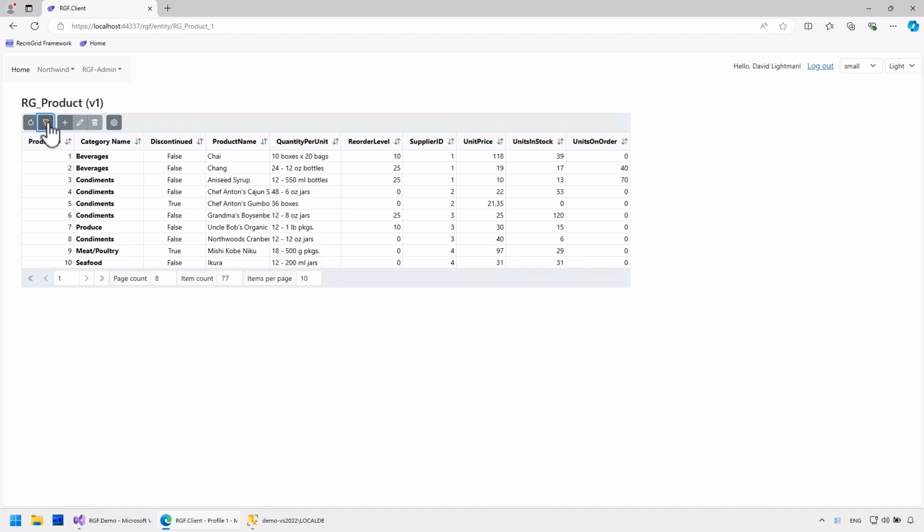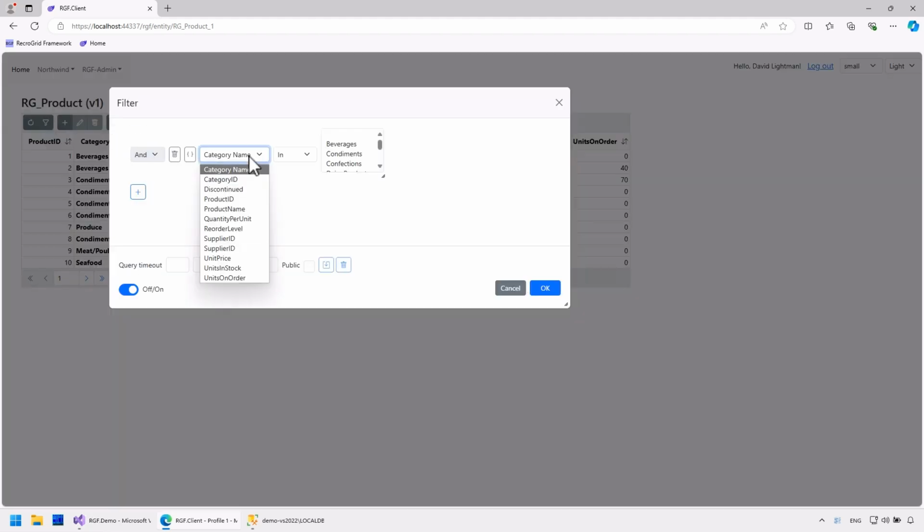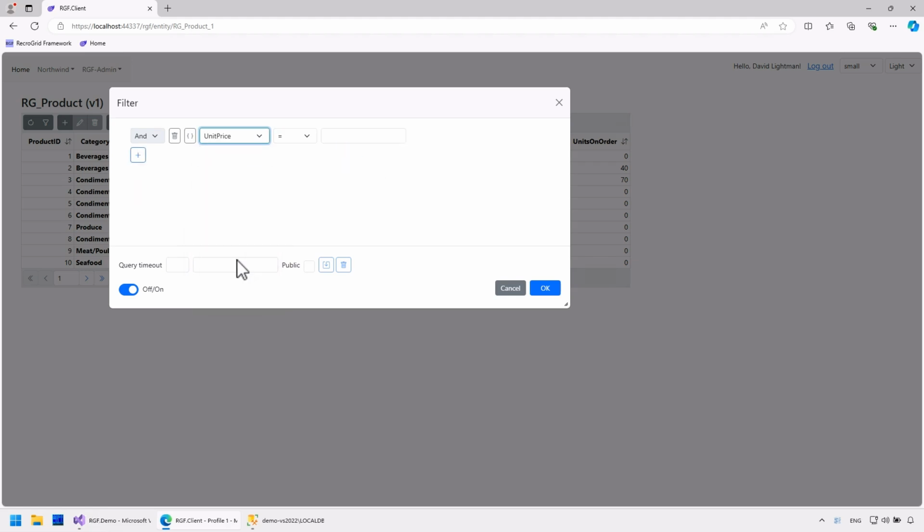By clicking on the filter icon in the grid toolbar, all columns available for filtering in the grid will be displayed. Different logical conditions are available for different types of columns. For example, the unit price is a numeric field, so conditions such as equals, not equals, less than, greater than, and since this field is not required in this database, null conditions are available. Zero should not be confused with null, which occurs when a field is not filled in.